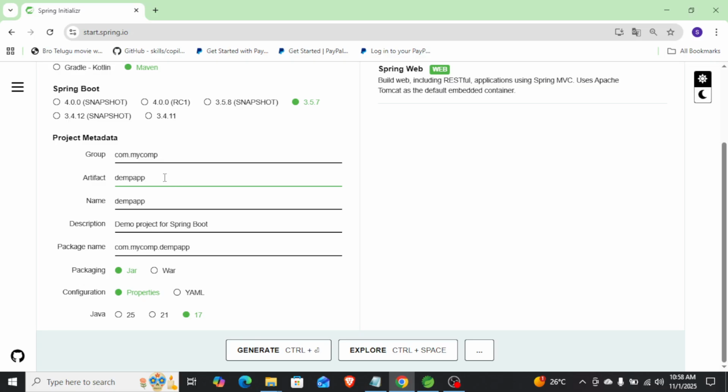Demo app is our jar file, and the name is also kept as usual, and the description is like this. When it comes to package name, we remove this hyphen, and our packaging is jar, and configuration is as usual properties. Now click on generate,